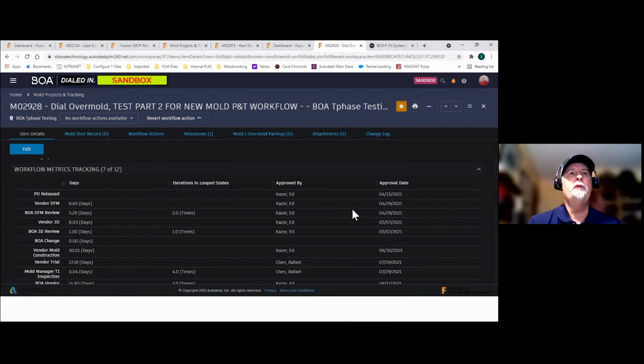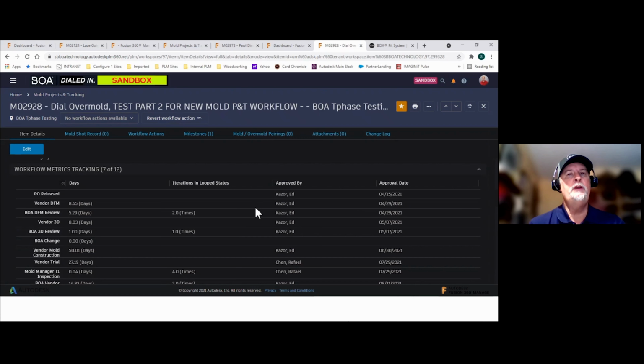And if you remember the workflow that we showed you at the beginning, how it had many states in it. Well, what we've done here is to, in the first column, record how long a mold is in a given state.